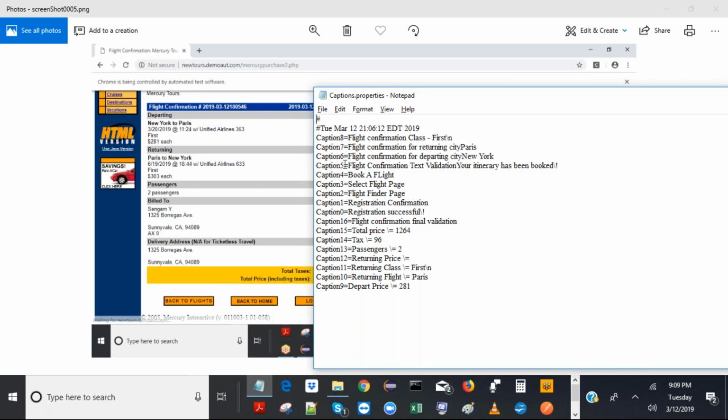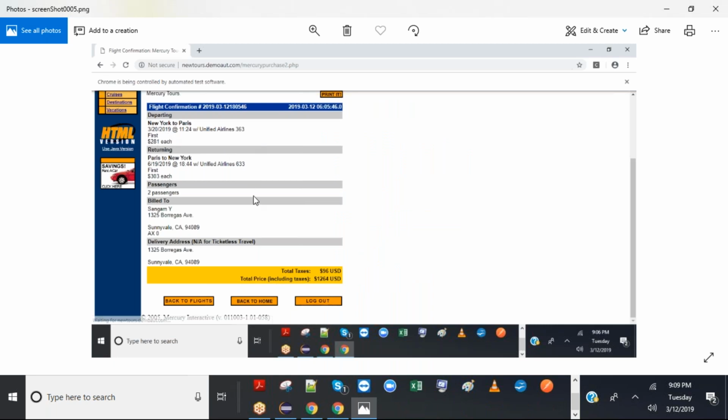In this case we put a lot of validations. Like I said, this was the problem. Screenshot 6 is for the flight confirmation page, the same page for departing city. This would be ridiculous. That's why we should not take more screenshots on the same page. Just put validation points and finally take one screenshot. That's why I put it. So we can remove these extra screenshots.